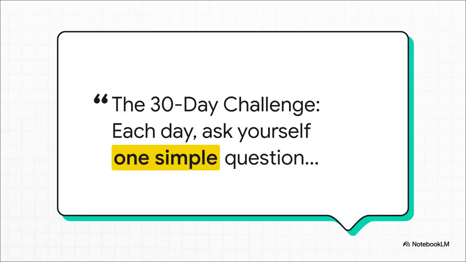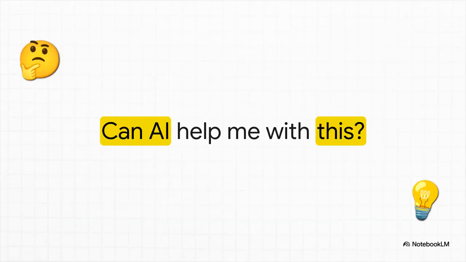So how do you make this a real habit? The best way to start is with a super simple 30-day challenge. And it's all built around one single powerful question you're going to ask yourself every day. That's it. Simple, right? Before you sit down to write an email or brainstorm a social post or analyze a market report, just pause for a second and ask yourself, can AI help me with this? Just asking that question every day is going to build the muscle memory